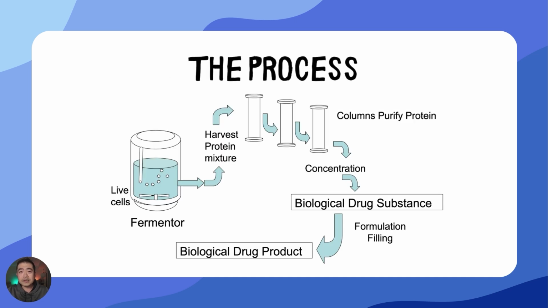Now let's use a simple schematic to illustrate how biotechnology is used to produce biological products. Today, there are many different production methods, but this represents one of the more common or traditional approaches. First, living cells such as bacterial, insect, plant, mammalian or yeast cells are cultivated in a broth under specific growth conditions, and these conditions stimulate the cells to